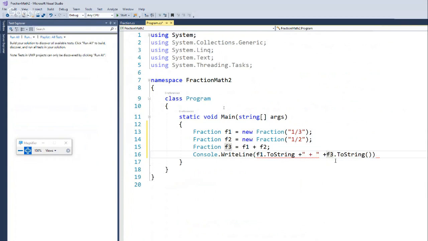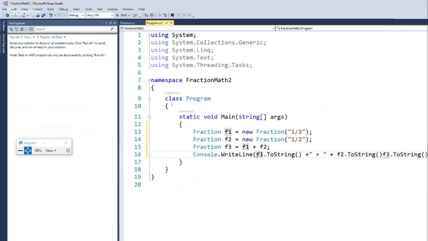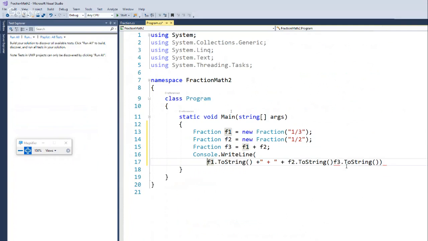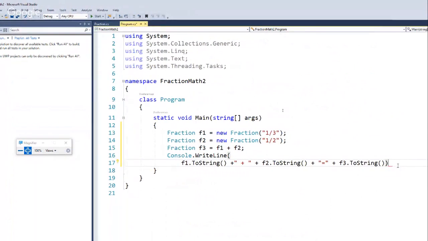Probably a better way to do this actually right now, but I'll do it this way. f2 toString. Let me kind of break that down. So this one I would do equals f3 toString, and then I need a plus and a plus, and then a semicolon. All right, so if we run this,